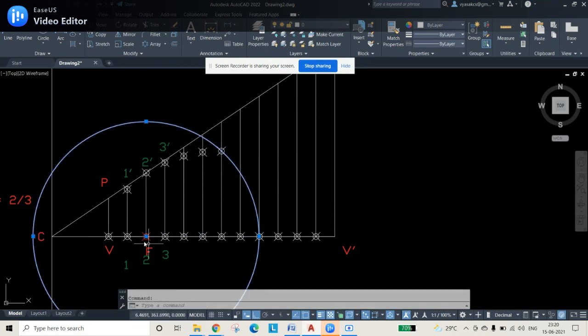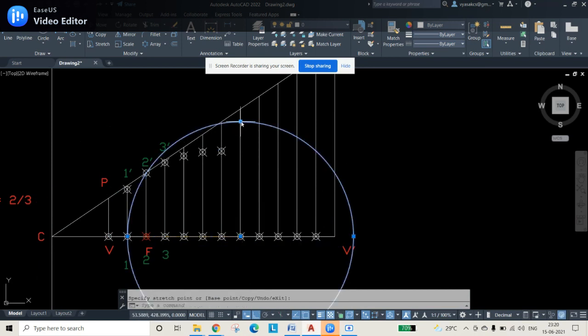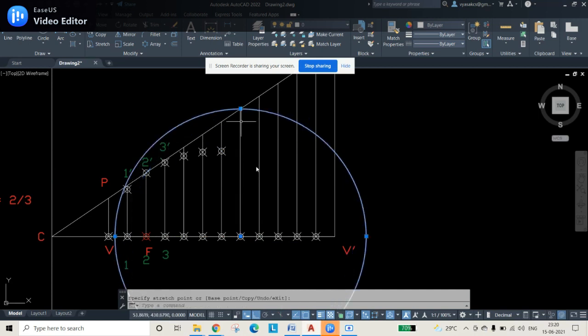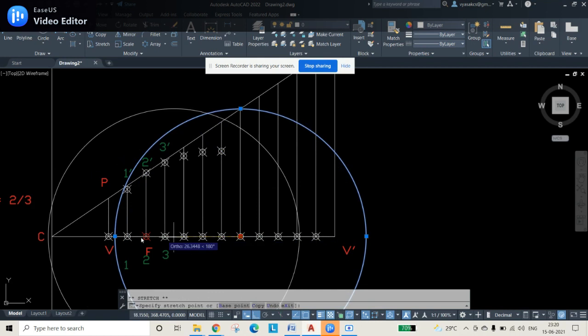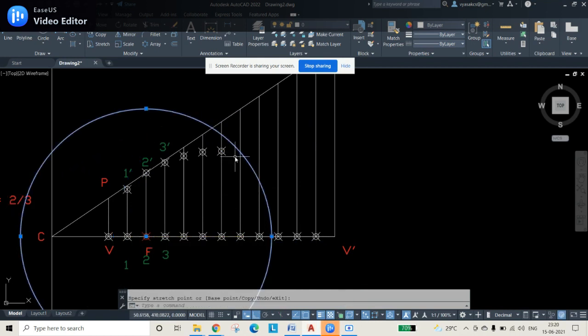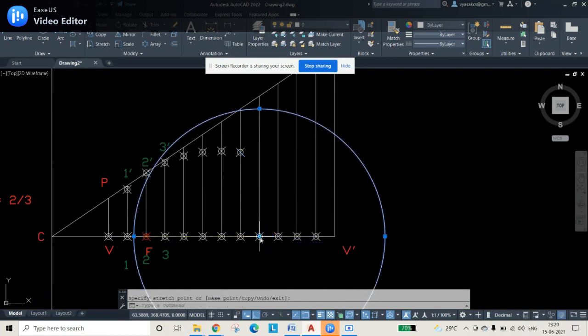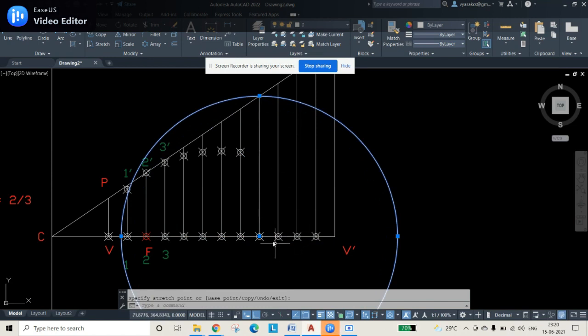Or else what you can do is change the center again to the focus, to this point, and drag this. By dragging this, you can alter the size of the circle. This center point is again shifted to F. Then use the PO command and change this. So in this way you can select it. You can see again from the focus point I am selecting up to the 8 dash. This one is selected and the end point is shifted.